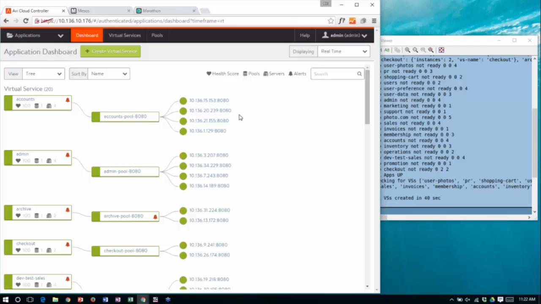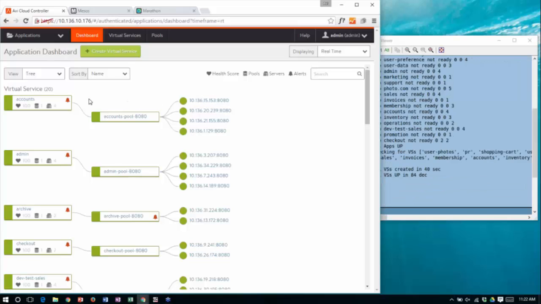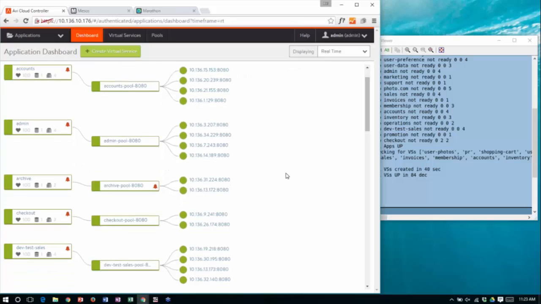These 4 belong to the accounts microservice. We create a pool with these 4 containers, and we create a VIP, a virtual IP or a virtual service out of these. So all of these proxy functions that you either have to do by hand or you have to fuse together a number of solutions to try and make this happen automatically, happen in real time. And that's the thing that is quite frankly, from my perspective, the most remarkable.